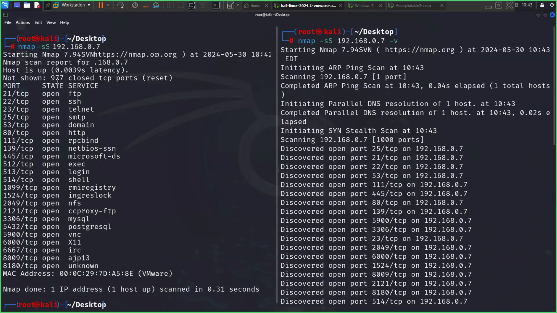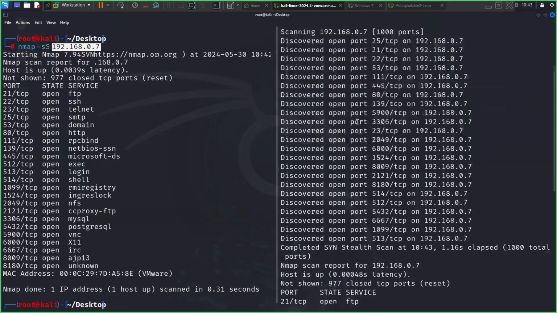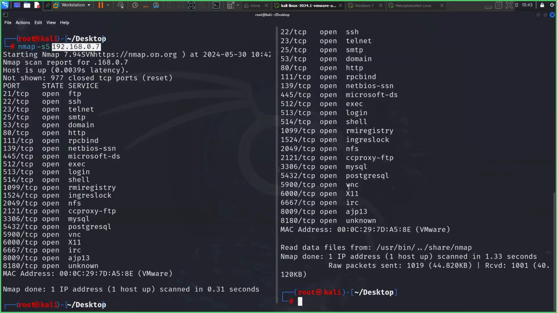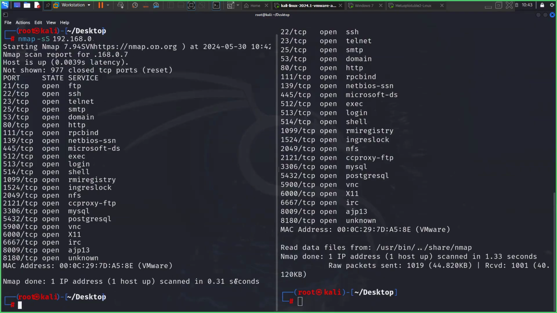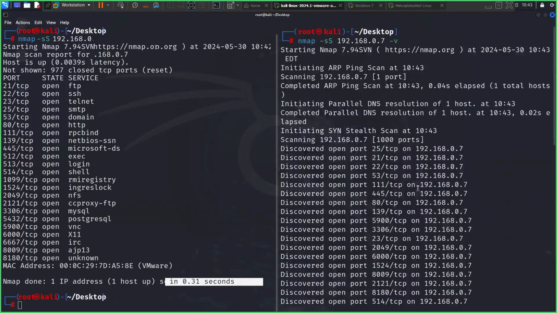Because if you notice over here, Bhavin, when I ran the same scan, nmap -sS on the same IP, one without verbose and one with verbose, the verbose one took longer for me actually. So if you notice, this completed in 0.31 seconds, and this here took 1.33 seconds. So again, maybe you were running other